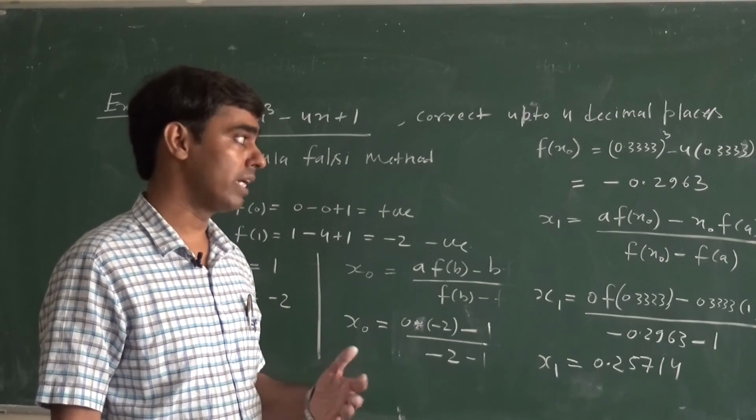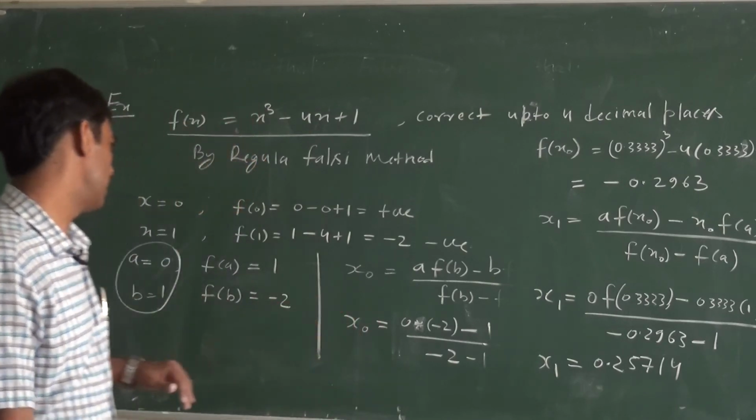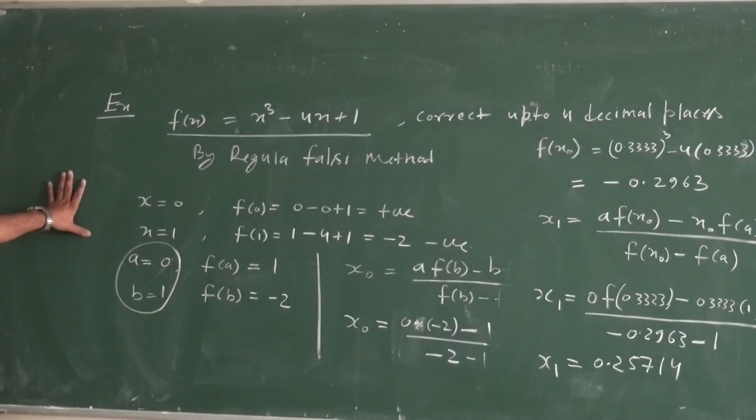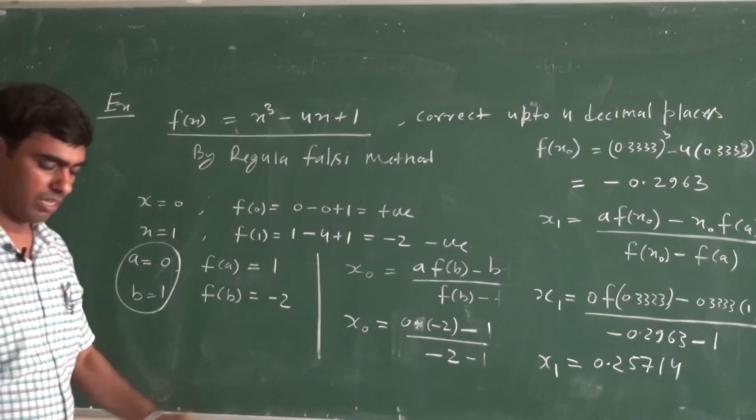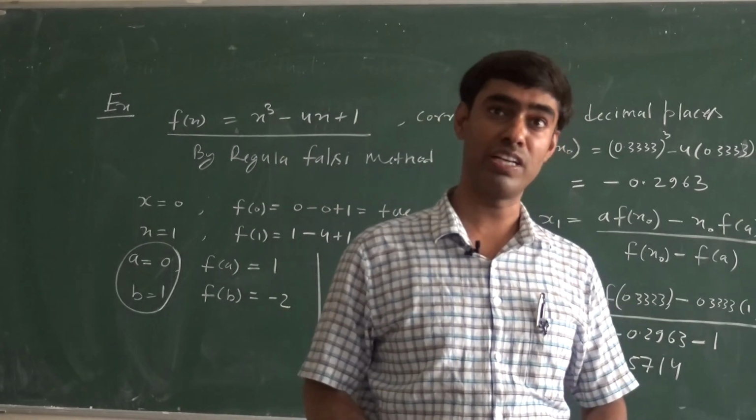So why is this happening? Why is the number of iterations in the bisection method larger in comparison to the regula falsi method? We will discuss this when we discuss the rate of convergence. Means if the rate of convergence of both methods is 1, then how is the regula falsi method